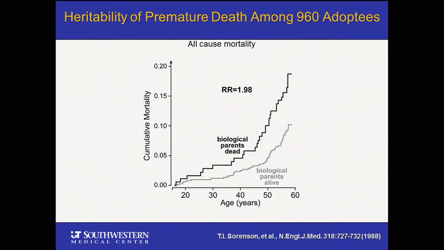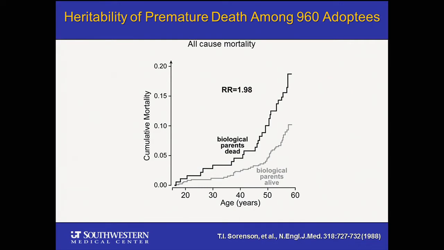This was actually analyzed by T.I. Sorensen back in 1988, and he used a classical method to analyze just how heritable death from all different causes was. That was an adoption study methodology. In the year 1928, in the country of Denmark, 960 registered adoptions were performed, and Sorensen was able to follow both the adopted children and their biological parents across a period of 60 years and ask what each set died